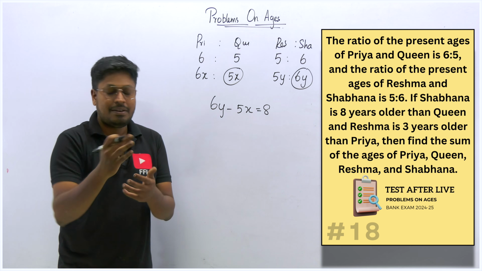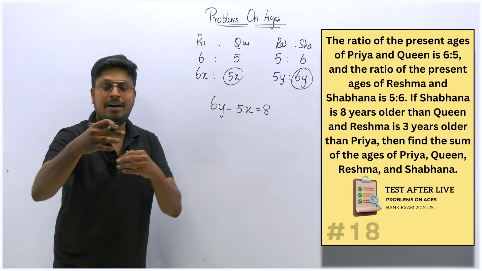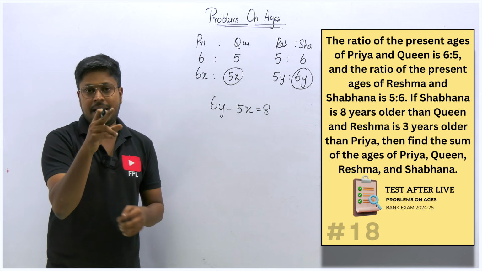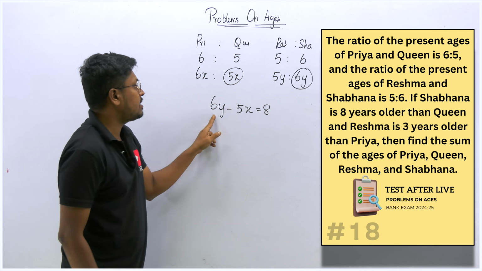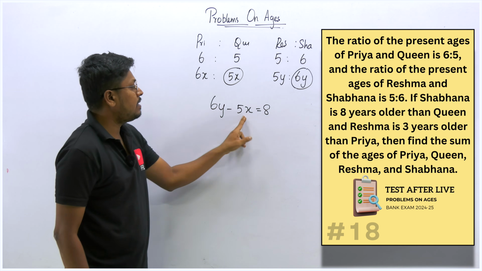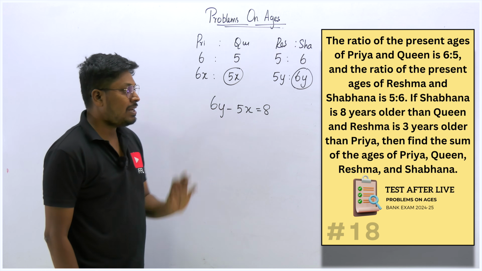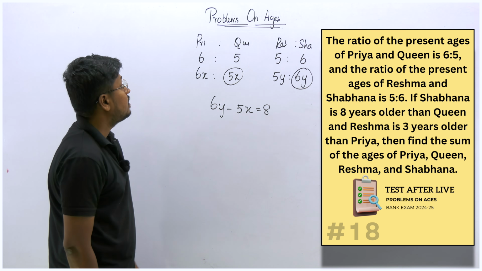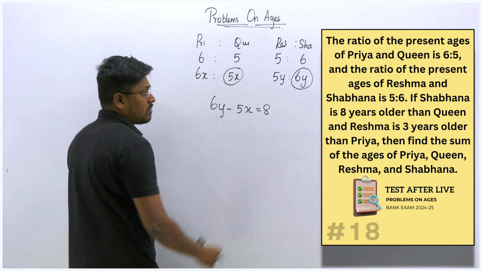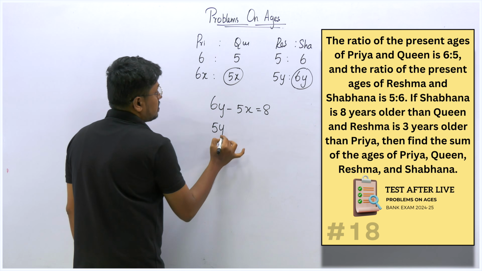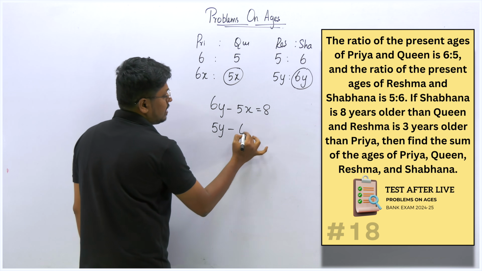That is the meaning of it. Whether older or younger, the age difference will be 8. So we can say Shabana 6y, Quinn 5x, where the difference is equal to 8. Similarly, next point, Quinn and Reshma. Reshma is 5y, and Quinn is 6x, where the difference is